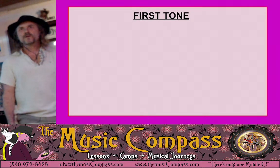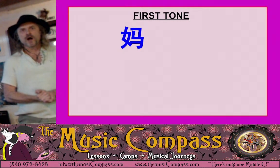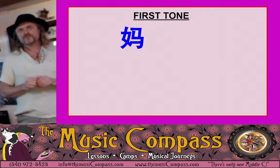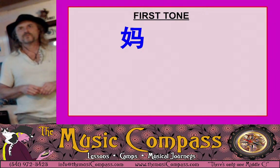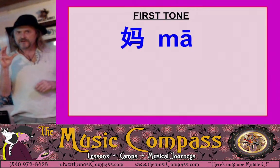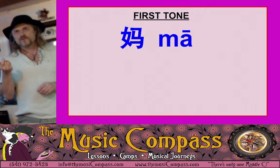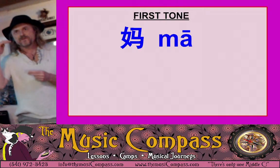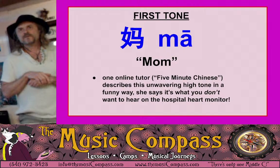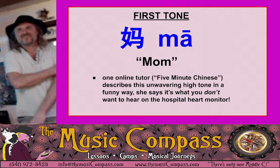It's pretty cool. Now the first tone, we're going to use the same syllable, ma. That is the classic introductory syllable to teach the tones. Notice they're going to all have a different character to it. So this character is, if you know it, M-A and the high tone, ma, and that means mom. But let's see, oh yeah, that's just my little note about 5 Minute Chinese saying